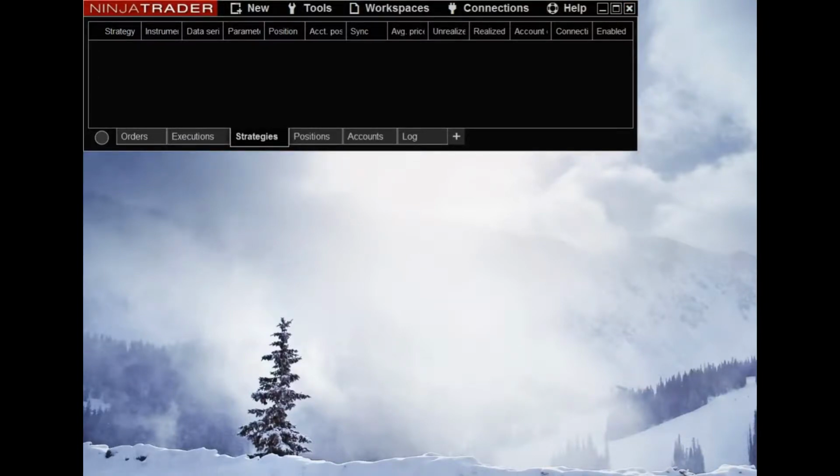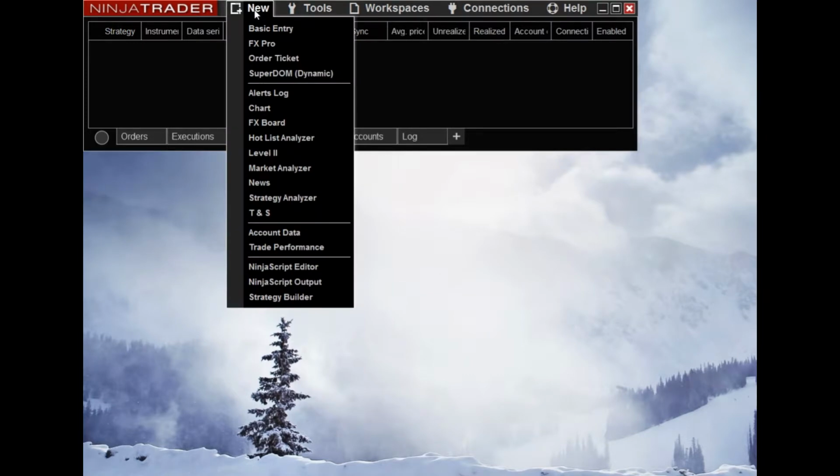Hello, in this clip we're going to be creating the TSE chart. After you have downloaded and installed the strategy, there are some templates and bar types that are loaded with the strategy. So to create a new chart in NinjaTrader 8, you go to the control panel up here, you select